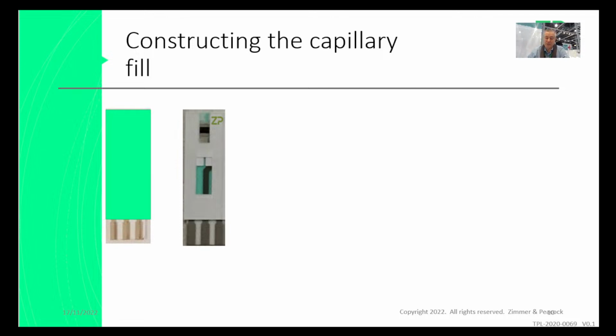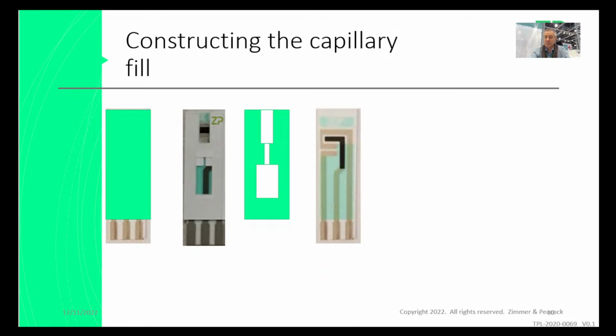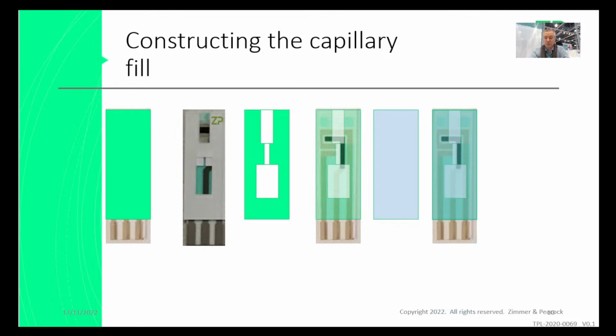stack materials on top of each other. So we would have knife cut the transparent material. We would have peeled off the bottom layer and essentially aligned it and stuck it on. Doing this kind of alignment when you haven't built engineering jigs is quite hard. It takes a lot of skill. Obviously at Zimmer and Peacock we have a strong electromechanical team, so putting together these jigs is really no issue. And then we can bring in the transparent material, and it will stick on top of that, and you end up with a chamber.